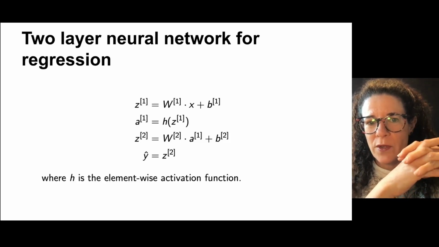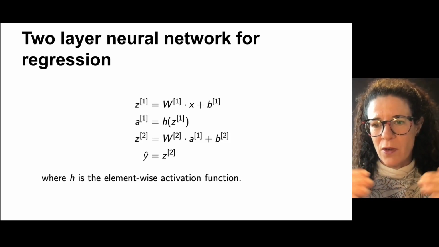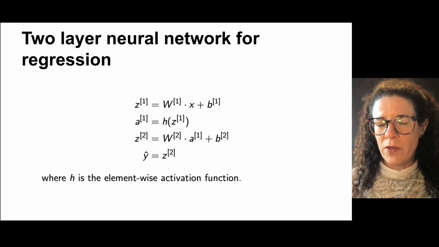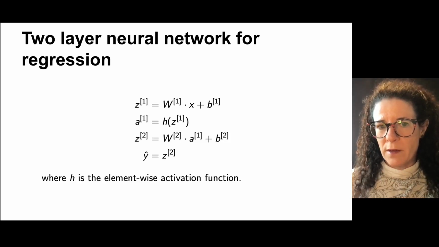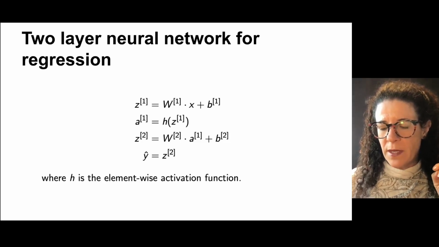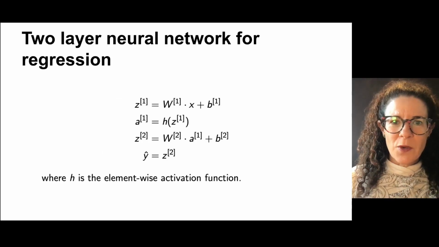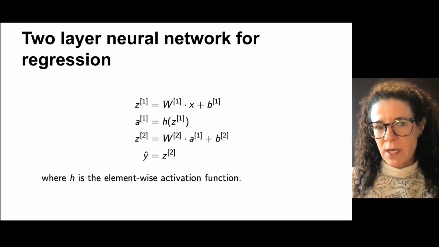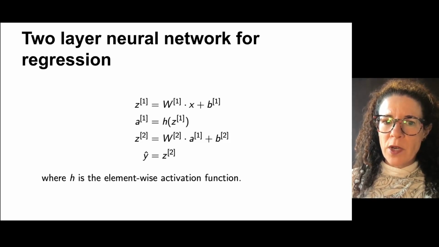So if you think about it, the first thing we do is that we take a linear transformation on the input variables x, and we call that z1. Okay, and then we're gonna apply a nonlinear transformation to that z1, kind of similar to this multi-class logistic regression in which we apply to z a nonlinear transformation. So here we apply a nonlinear transformation. This is a function h that we apply element wise to z1,